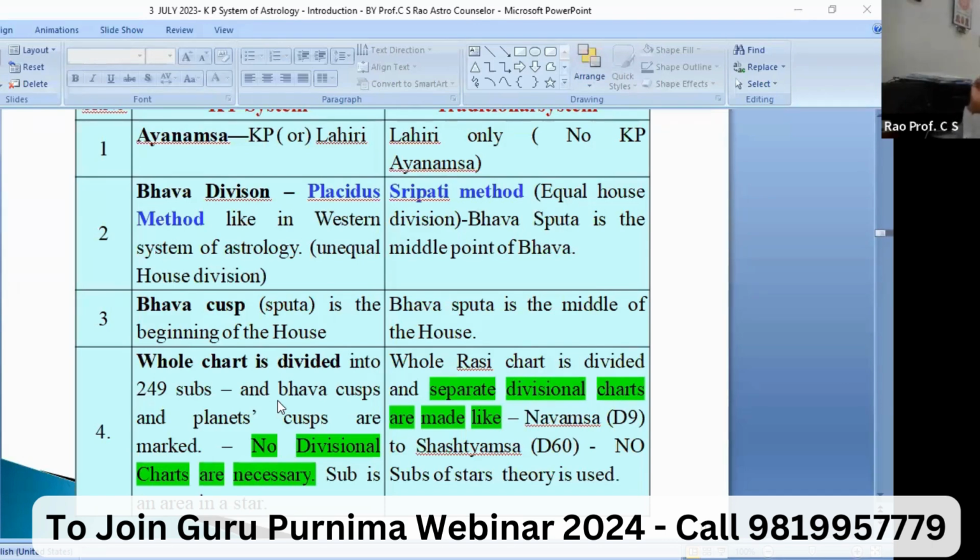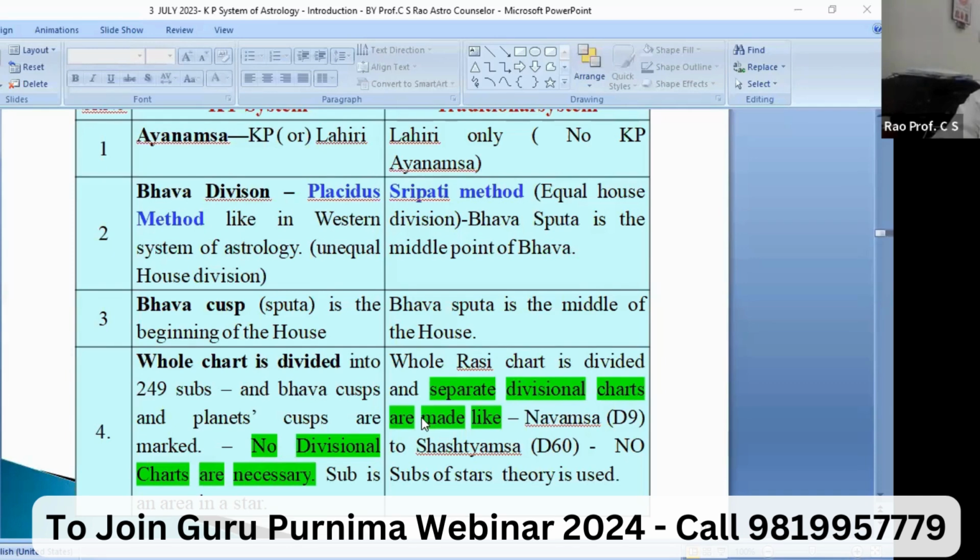In the traditional system, the whole Rasi chart is divided into separate divisional charts like D9, up to D60. No subs of stars or theory is used here. We are not following the sublord theory here. The star is not divided here. The star is divided into 4 parts, 4 padas, and these 4 padas are used in things like Navamsa. The star is not divided into 9 parts, only into 4 padas. So that is the difference, and the main easy point is that KP uses only one sheet of paper,